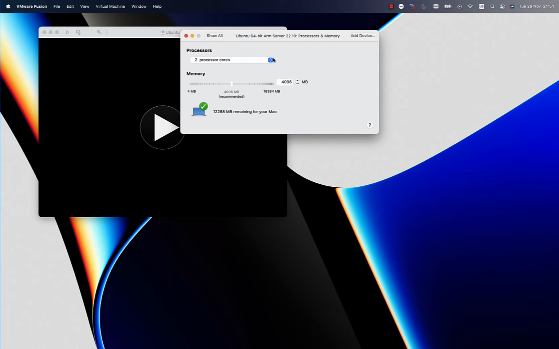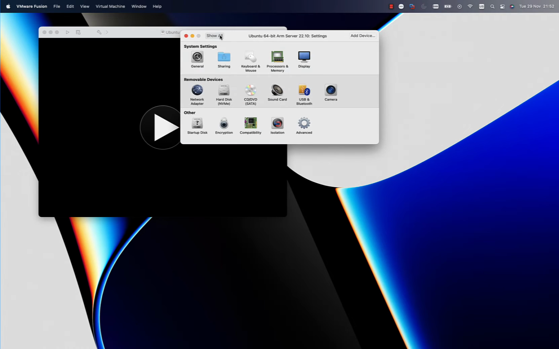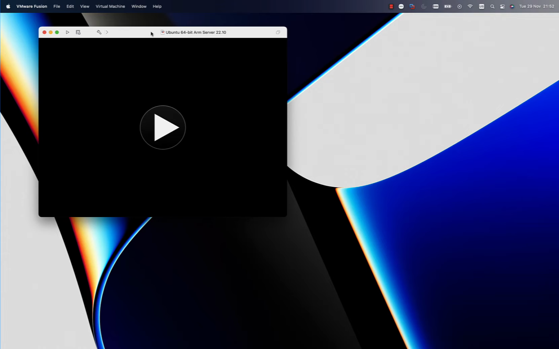the path where to save the file and also the resources of this machine. I have a pretty powerful machine, so I could give more processors, and I could also give more memory. As you can see, I have 12 GB available in my system. So let me reserve 4 GB for this one. It is only a server installation, so it's not very memory hungry, but it depends what your